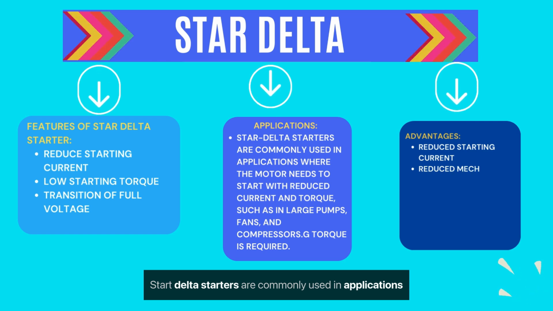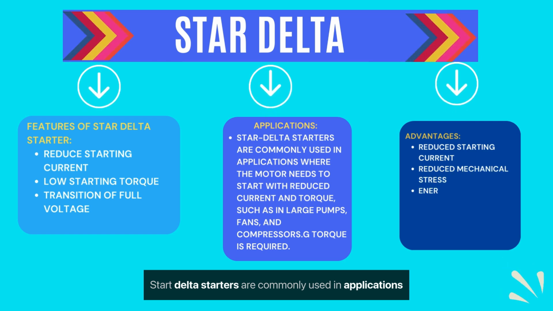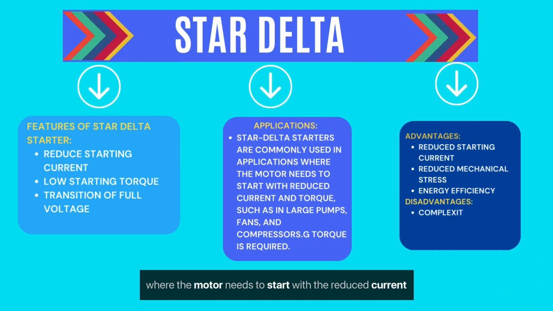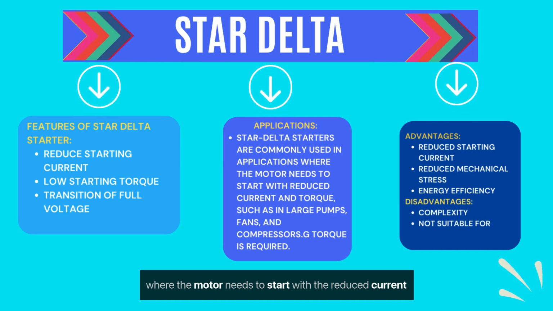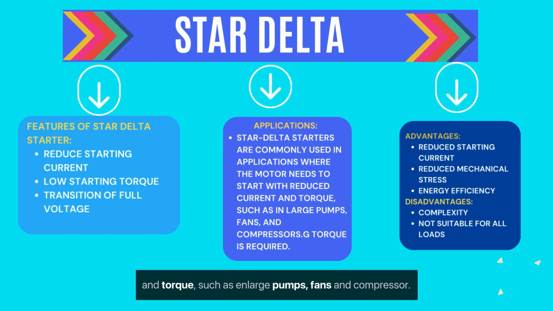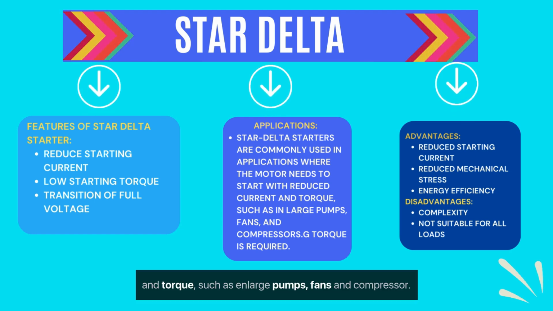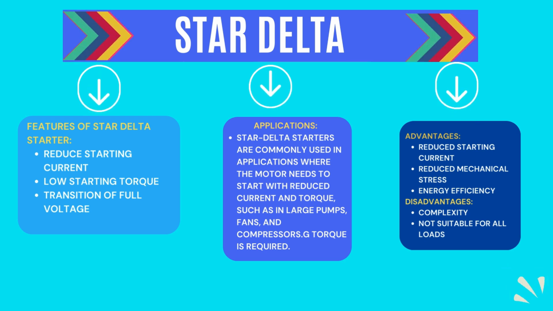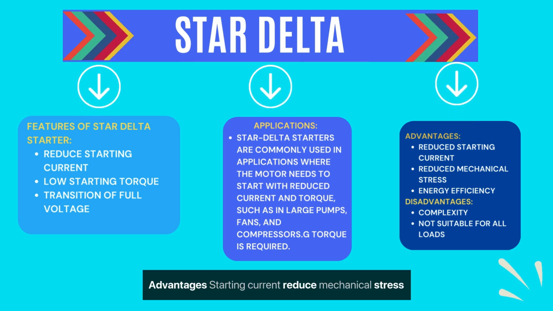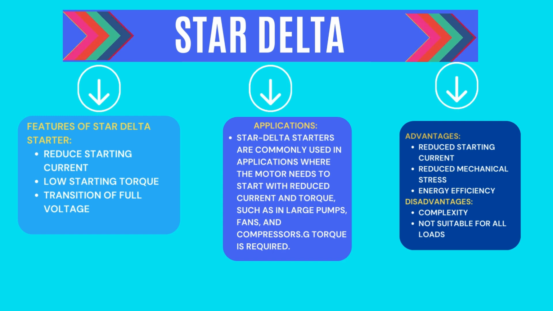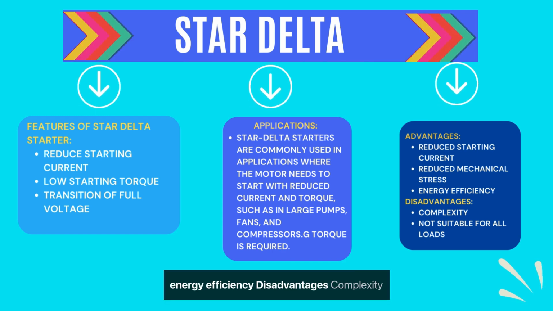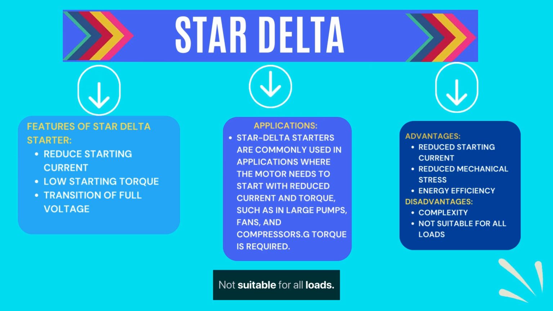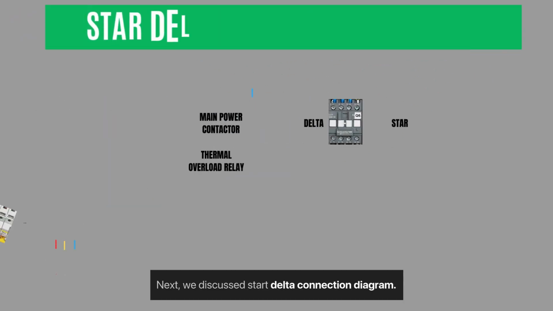Star delta starters are commonly used in applications where the motor needs to start with reduced current and torque, such as large pumps, fans and compressors. Advantages: reduced starting current, reduced mechanical stress, energy efficiency. Disadvantages: complexity, not suitable for all loads. Next we discuss